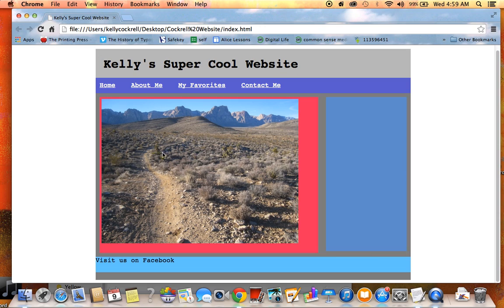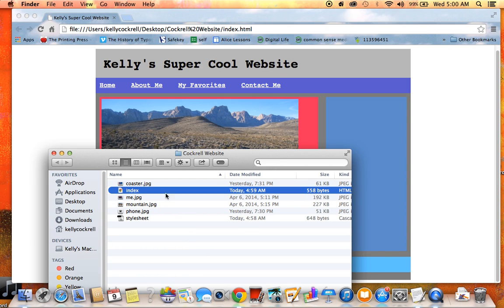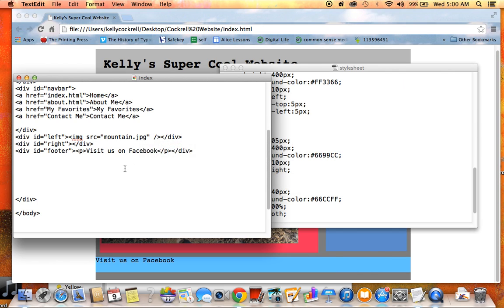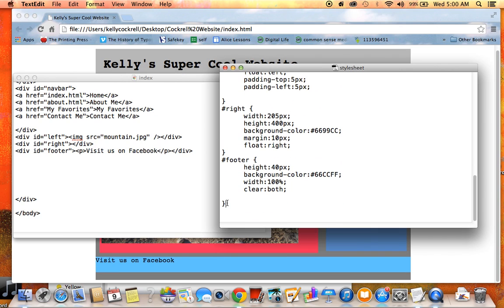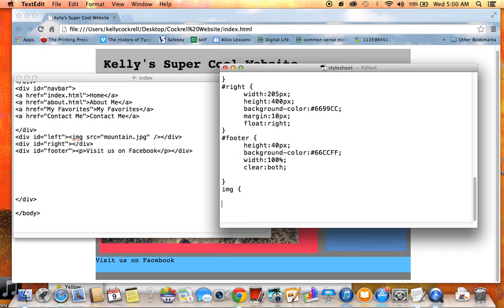Okay, so it worked. It still looks a little goofy. I'm not that thrilled with it, actually. I think I'm going to make this a little bit smaller, and I can do that in my image. What I can do is style it, actually. So this is a tag, so I don't need a hashtag. I'm just going to say IMG, and that's the tag. And then I'm going to go like this. Let's put that end curly brace there. And then we can put in a width of, and let's just guess it right now. We know it's going to be wider than it is taller, so let's try